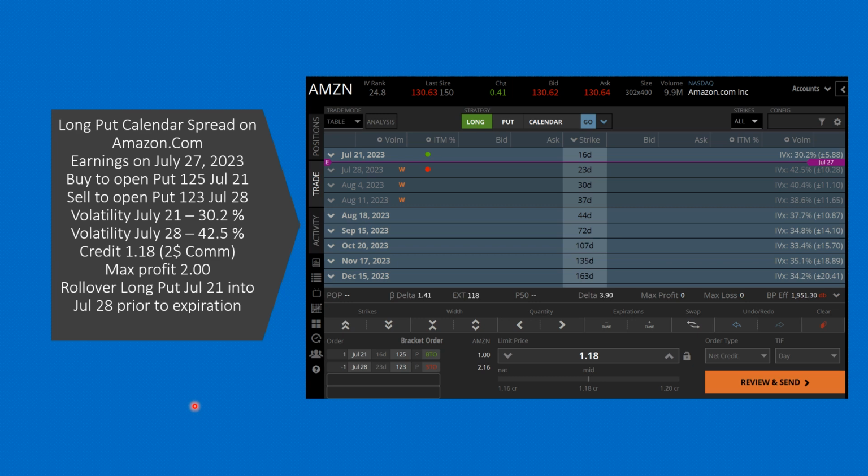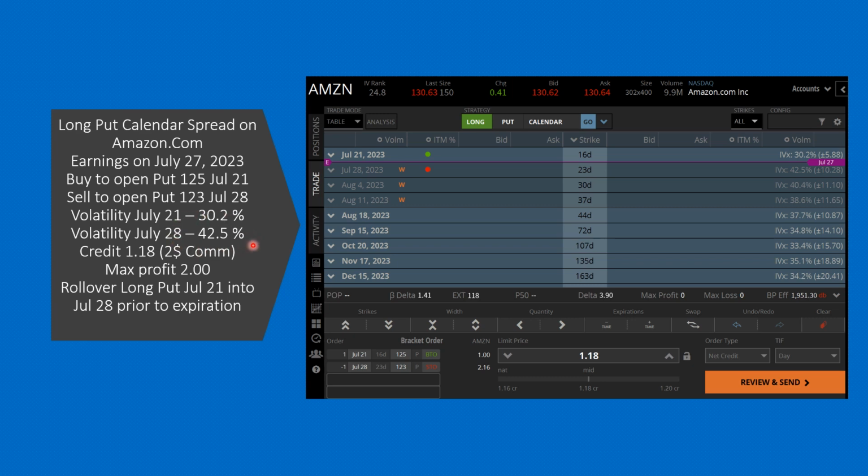So my first example is a long calendar spread on Amazon. As you can see here, there are different volatilities. When I do a calendar spread, I profit from the volatility increase across the two different maturities. A calendar spread is nothing else than buying or selling an option with different maturities. In that case, I did a buy to open a put, which has a volatility of 30%, and I sell a put 1 week later, at 123 with July 28, because the volatility is